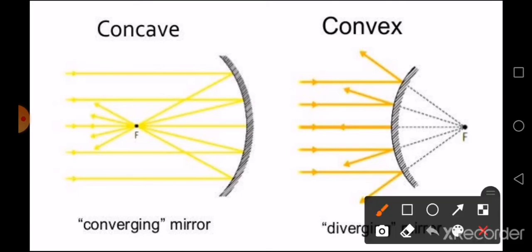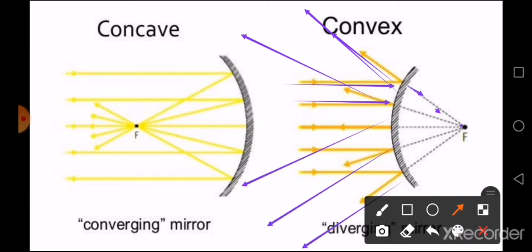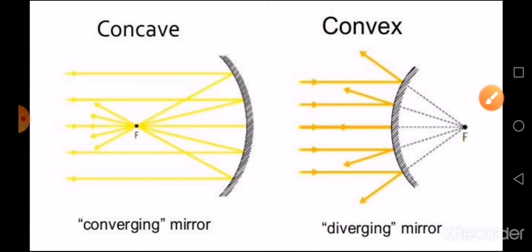Once the light rays fall, they reflect back like this. Like you have virtual and real images, here also you extend the rays to converge to a point. In other words, whatever rays fall on the convex mirror appear to be diverging from a particular point, isn't it? That is why you call the convex mirror a diverging mirror and the concave mirror a converging mirror.